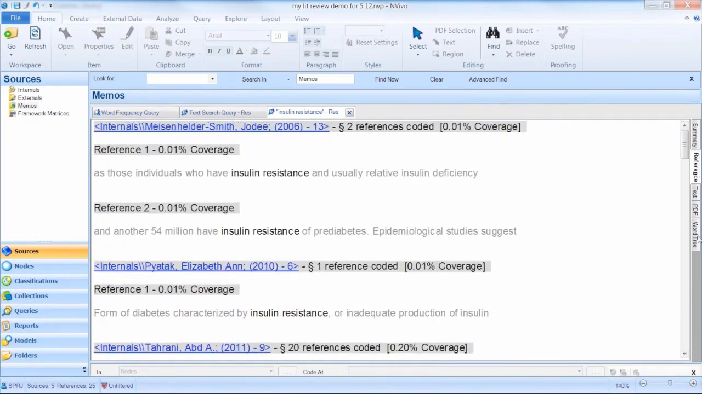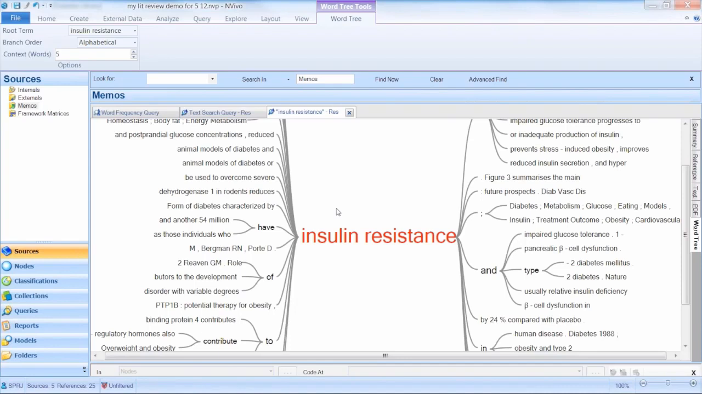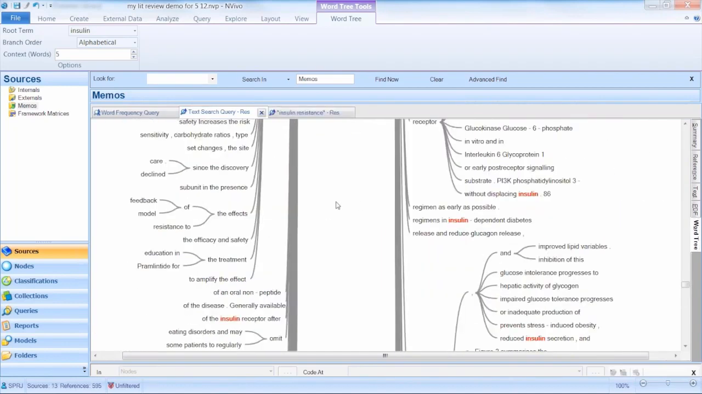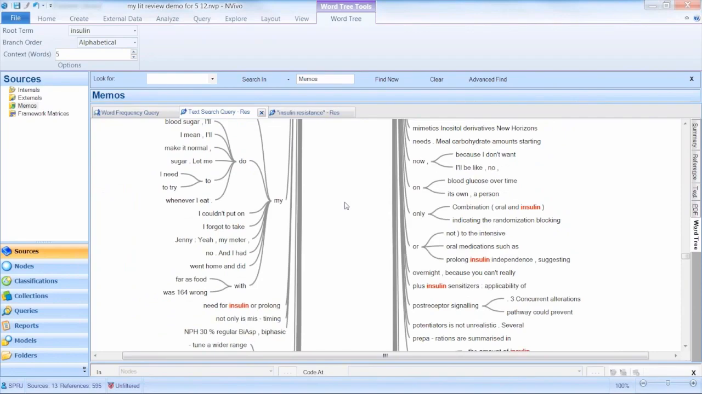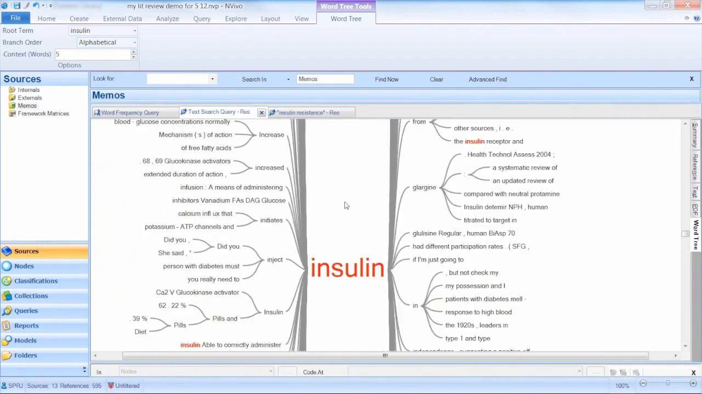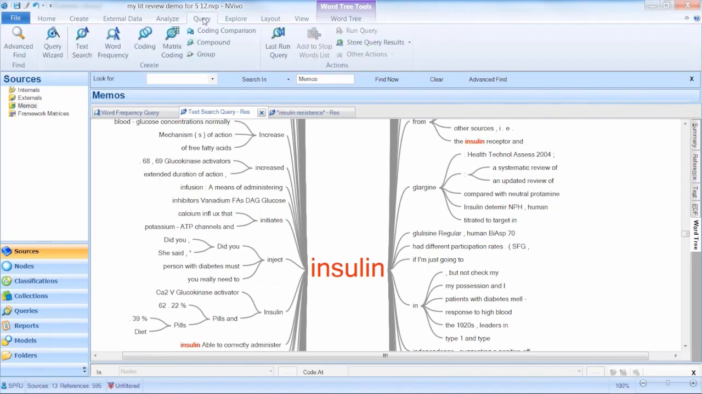So I can now see where the term insulin resistance has been used across my sources. If I come back to my original text search, if I decide I'd like to turn this into a node, I certainly can. I can quickly come back to the query section. I can store the query results as a node. The downside with this, for this particular example, is that I used a preview, so it only coded a single